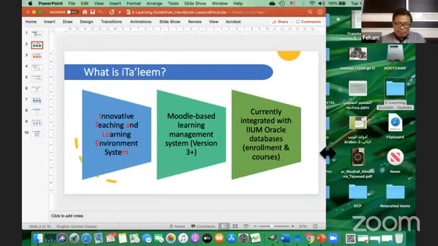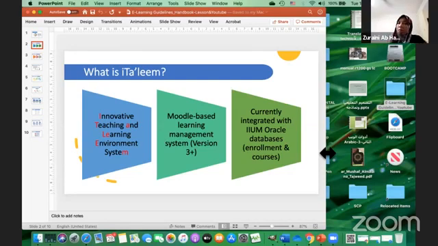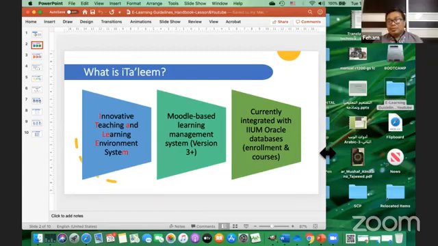I believe this platform is commonly used among Malaysian local IPTAs, not only local but also abroad. Not only higher institutions, but secondary and primary levels are also using Moodle as their e-learning platform.